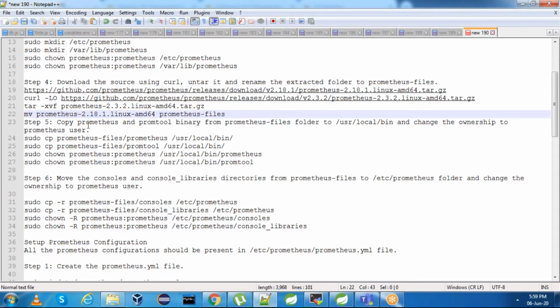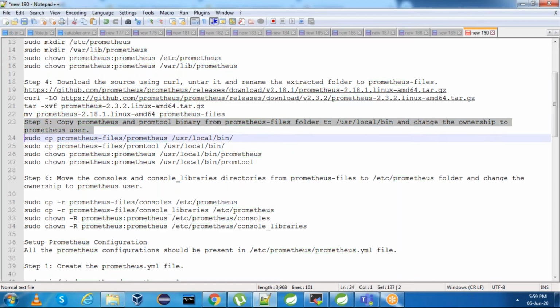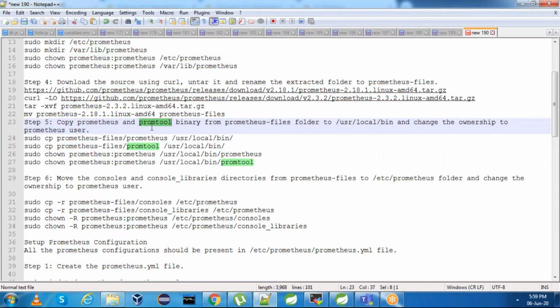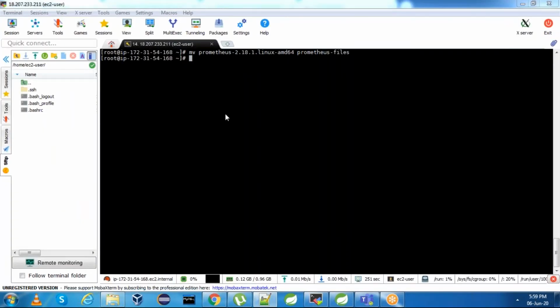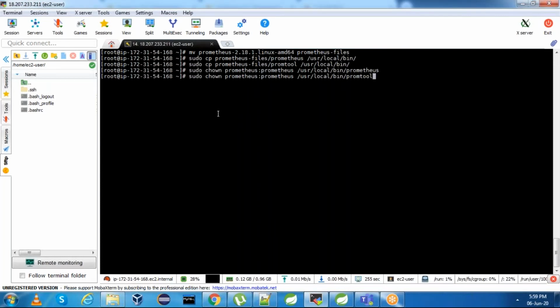Next, you need to copy the prometheus and promtool binaries from the prometheus-files folder to /usr/local/bin and change the ownership to the prometheus user. Let me execute all these commands at once. This is done.